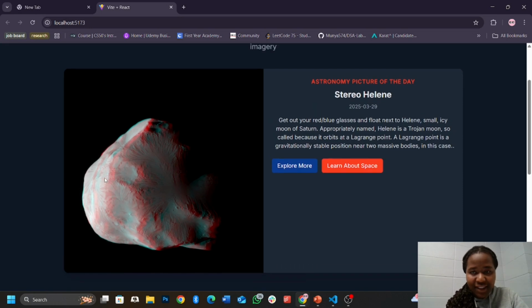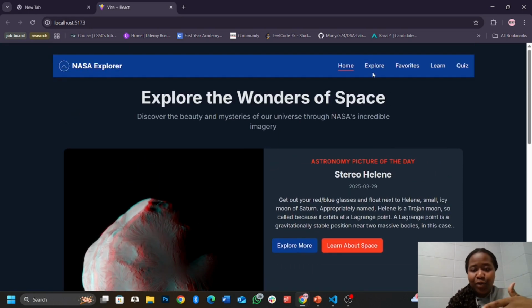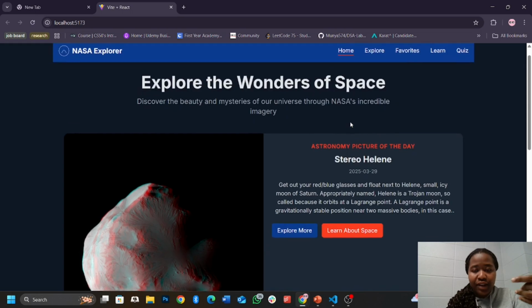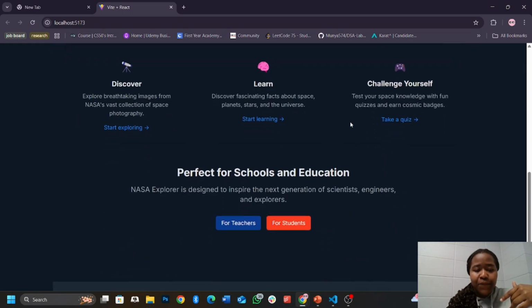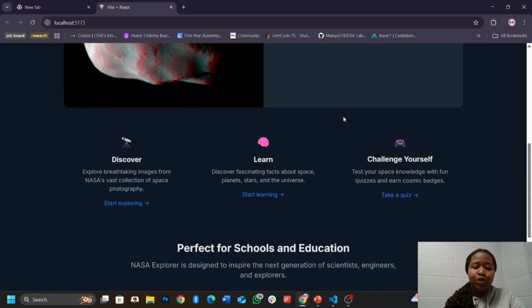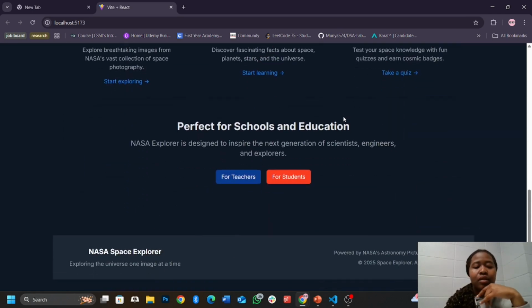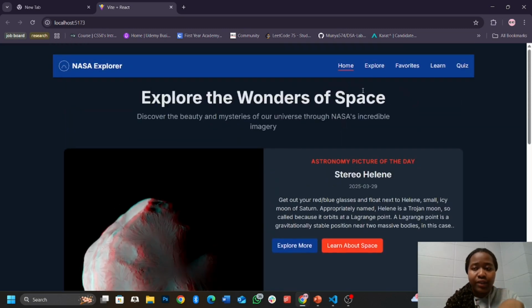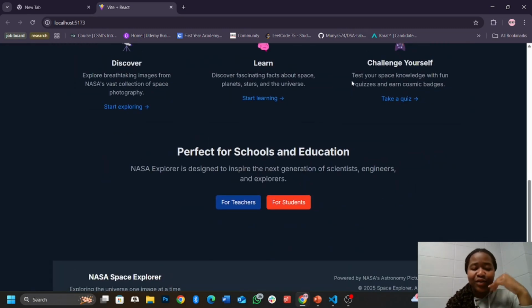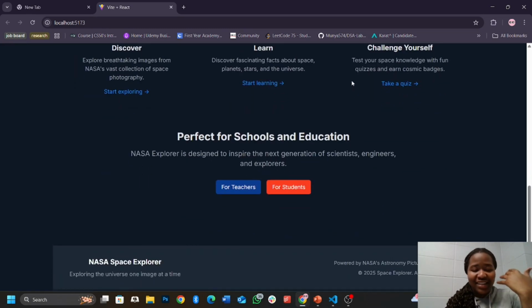So you can see the picture of the day. Interesting. Explore more corresponds to the explore page. Learn more about space is the learn page, and there's favorites. You can add this to your favorites. And this also leads you to some of the tabs that are in the navigation. And I tried to use NASA colors so that at least it shows